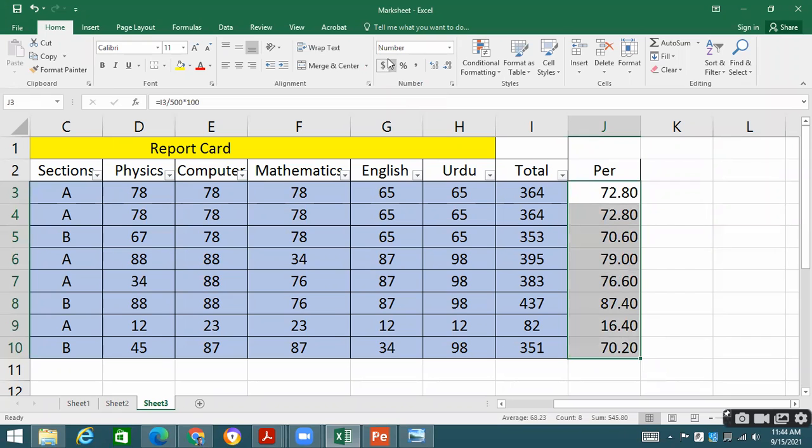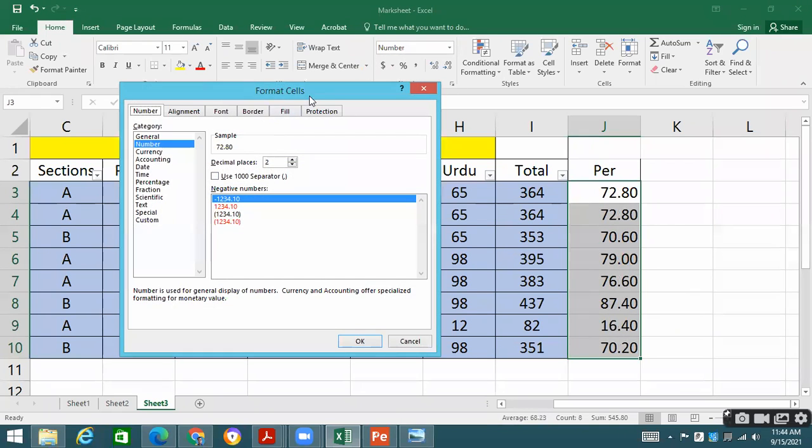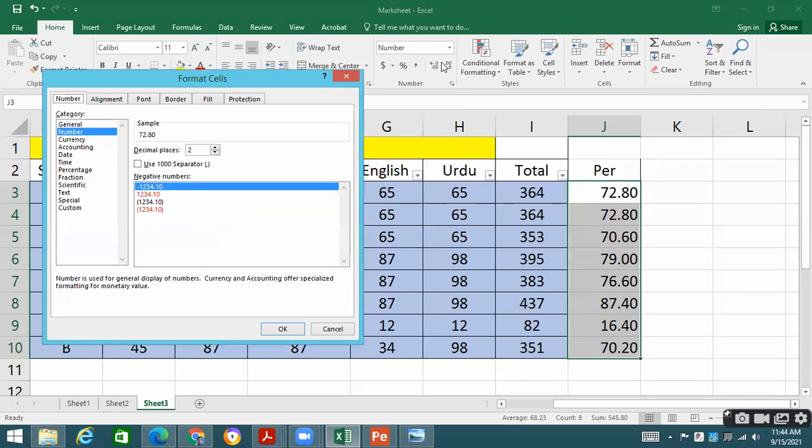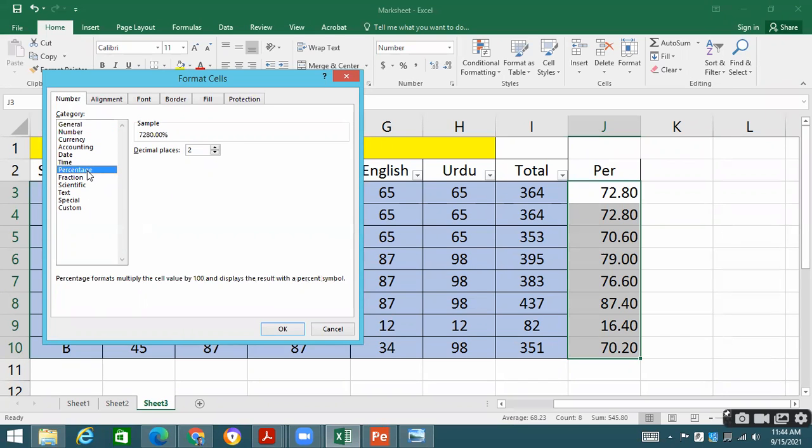If I select this text and I go to this option, as I have shown you, this is the option in the number group. So I can make it up to 3 decimal places, or I can change its format into percentage format as well.